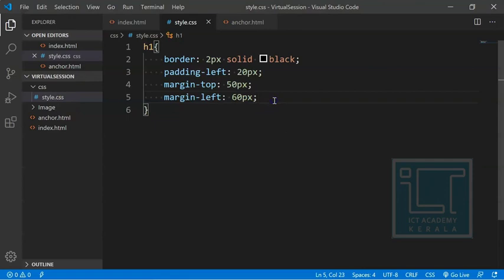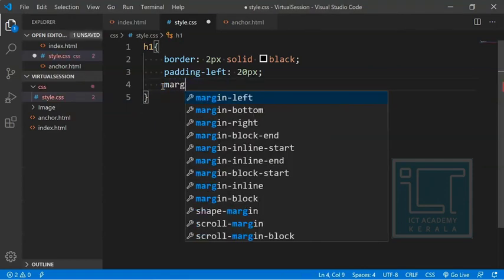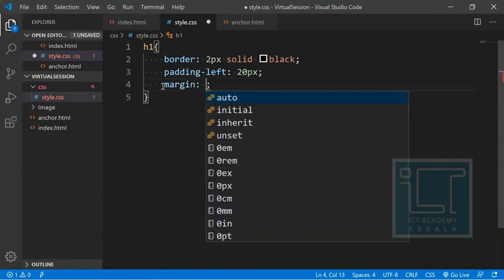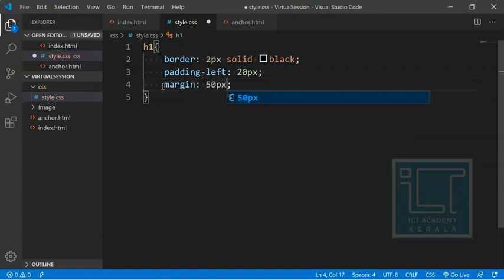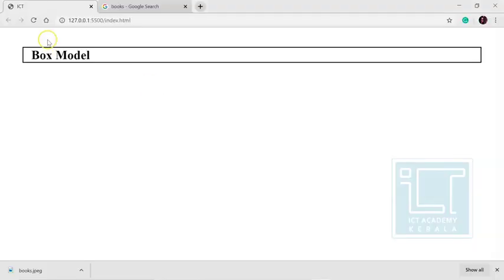Likewise, in general, if I want to give a general margin, I can just call it margin and give 50 pixels. Then the margin will be 50 here, 50 here, and 50 here. Basically here it won't be 50 because it is a standard space that is being given. So at the bottom we can't specify it. That is a margin.